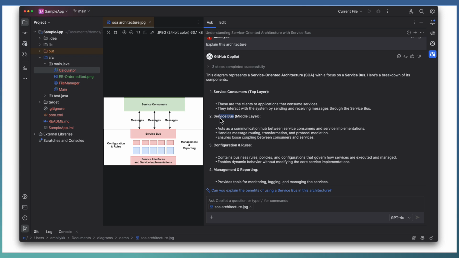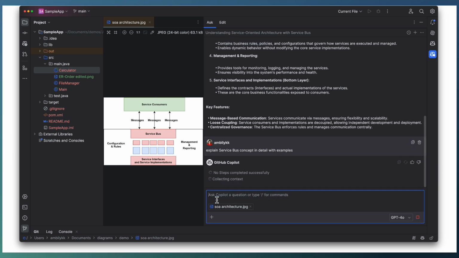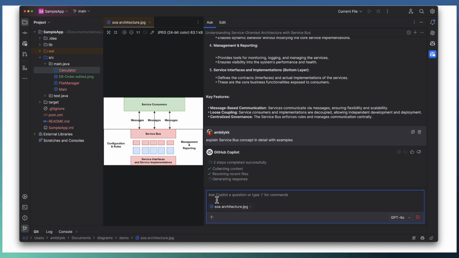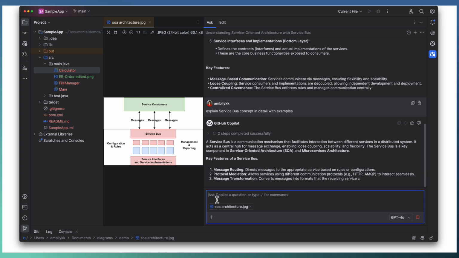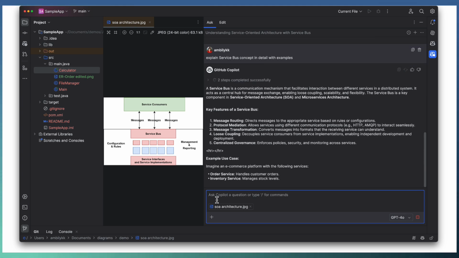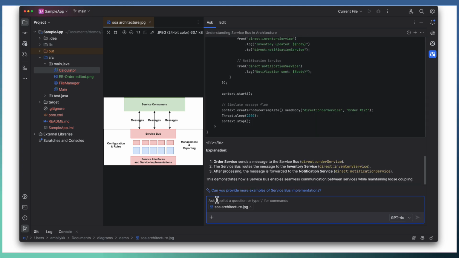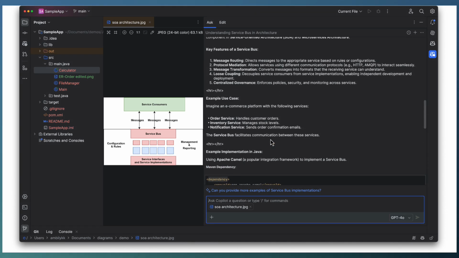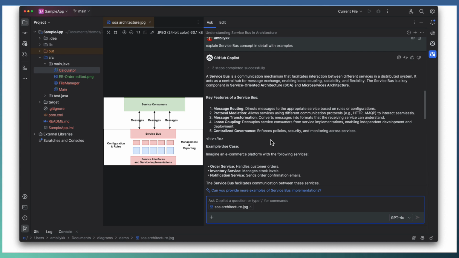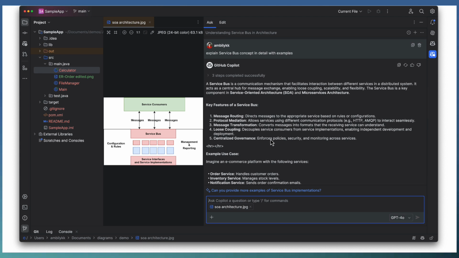Let us take the service bus concept and ask Copilot to explain the service bus concept in detail with examples. This will clear the concept for a developer. It gives granular information in detail about what exactly a particular component in your architecture diagram is. If the overall explanation is not giving that clarity, you can drill down to each component, each interaction, and understand